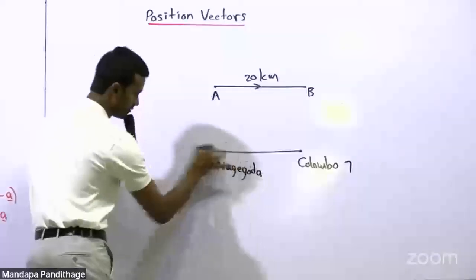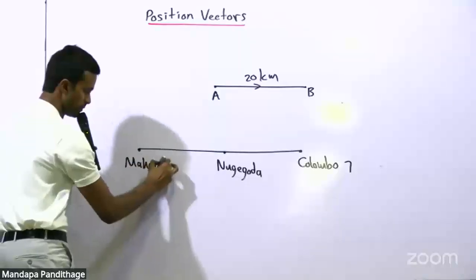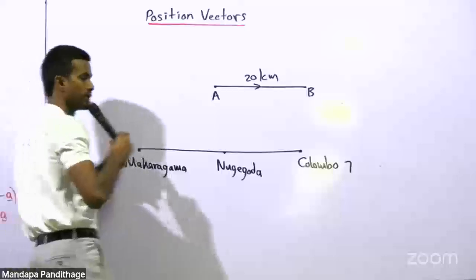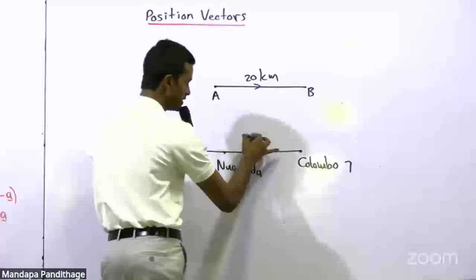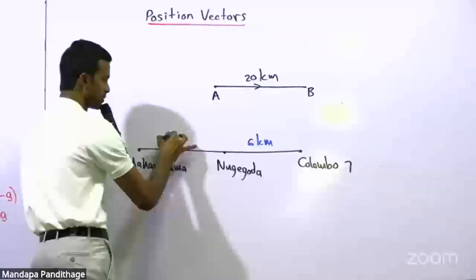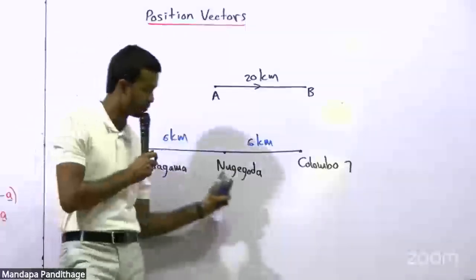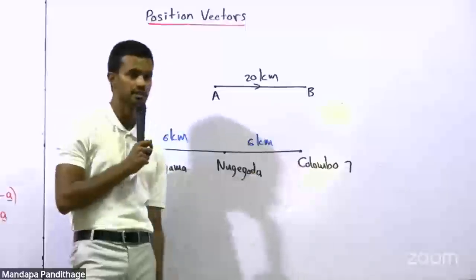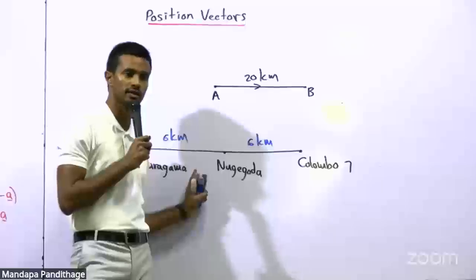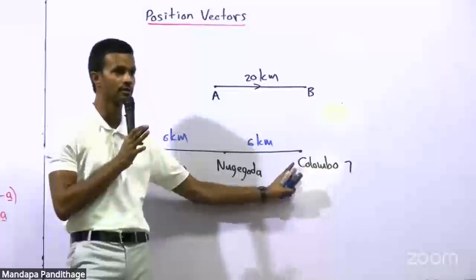And here we have Maharagama. So let's assume that the distance from Nugegoda to Colombo 7 is even 6 kilometers. Let's assume the distance from Maharagama to Nugegoda is even 6 kilometers. So if I say the distance from Nugegoda to Colombo 7 is 6 kilometers, and the distance from Nugegoda to Maharagama is 6 kilometers, you get the idea or the feeling that Colombo 7 and Maharagama are located on